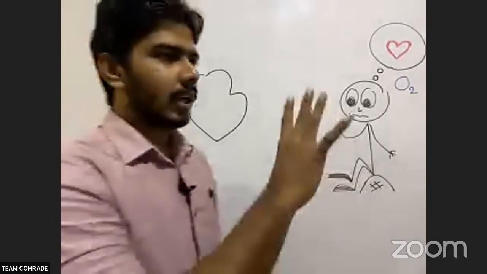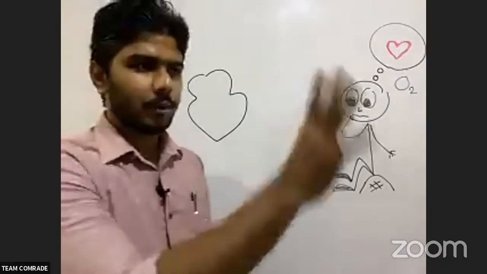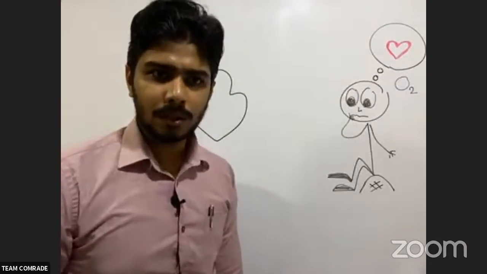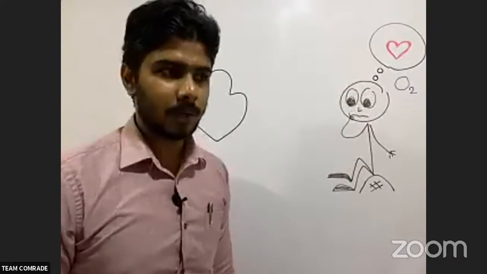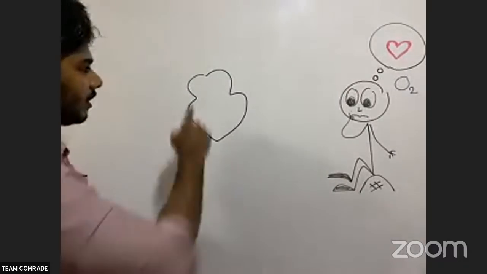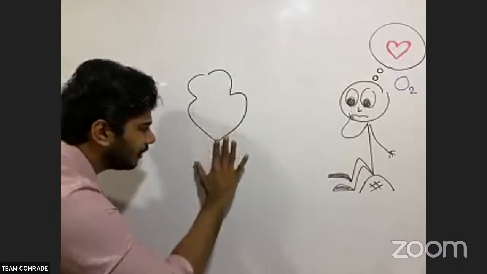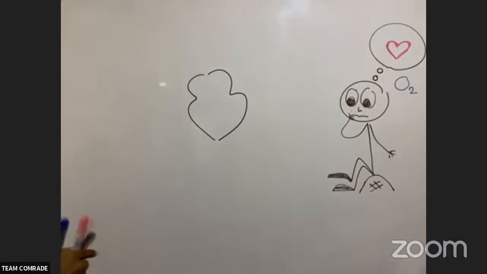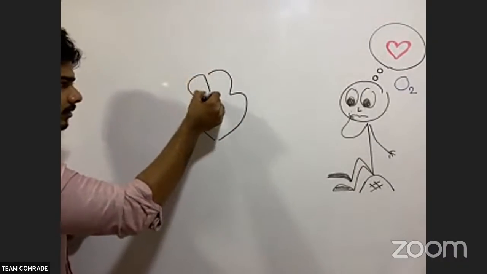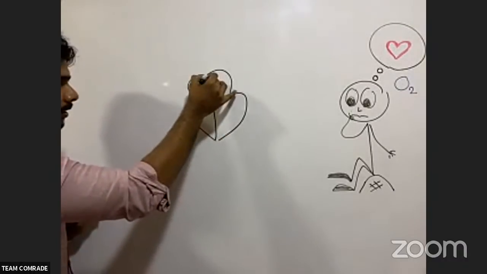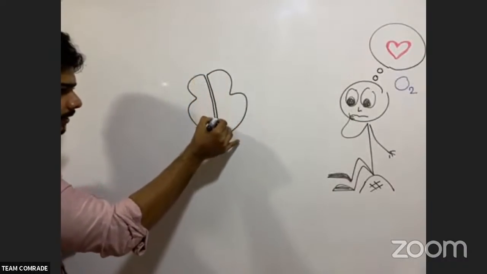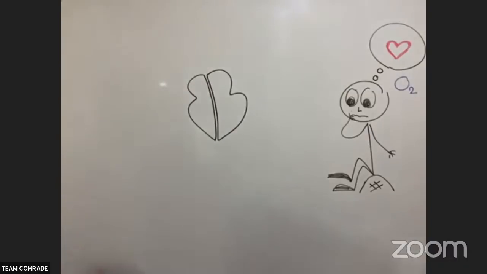Now in the tubes, we have 4 boxes, and in those you have to draw this. I will tell you whenever you have to draw, but see how I'm doing it. I just drew the structure like this. Then I divide it into 2, because the heart has 2 sides. See that properly.